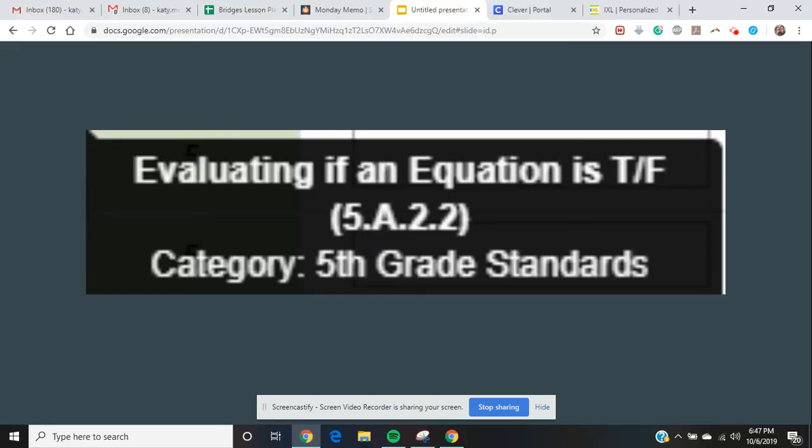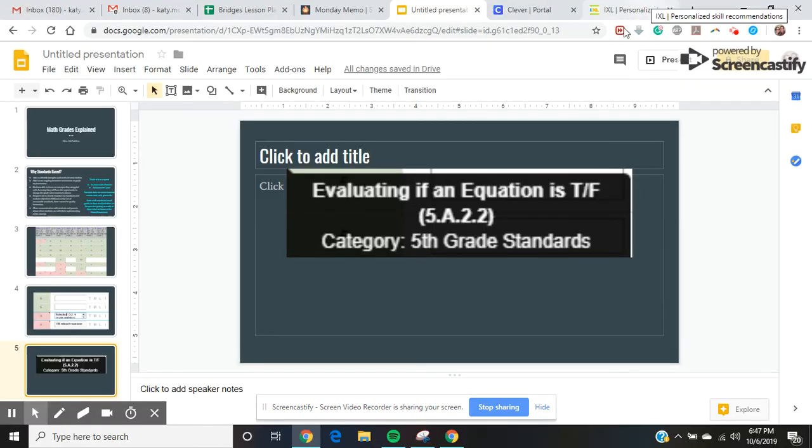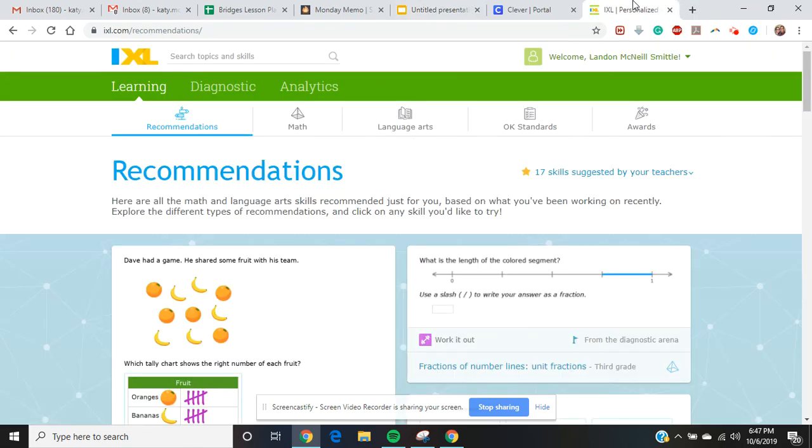Okay, and I'm going to get into IXL, and your child has their IXL login inside their homework or take-home folder. So if they are needing help on this specific standard, or whichever standard is in the grade book, when your child logs into IXL, and I'm logged in as a student right now, there's tabs up here,